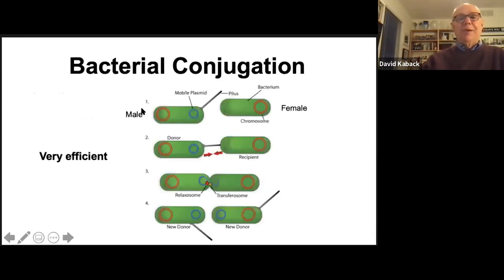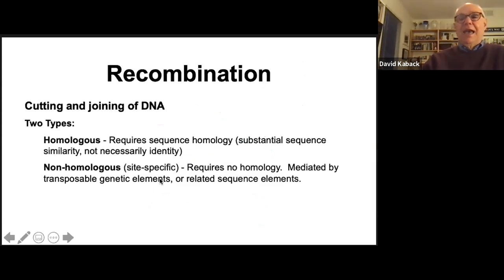Okay, and when we talk about conjugation, we use pili to transfer DNA, to recognize and bind and then transfer that DNA from one cell to the other. This is called conjugation. It's very efficient. Okay, and when we transfer the genes for a male cell into a female bacteria that doesn't have those genes, that bacteria now becomes a male cell. Okay, so conjugation is an important part of the sexual cycle of bacteria,